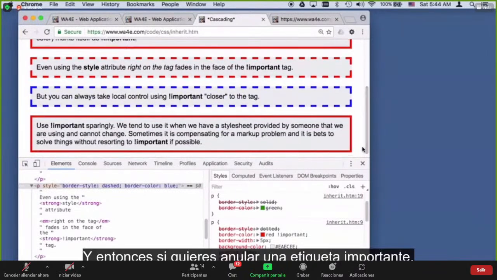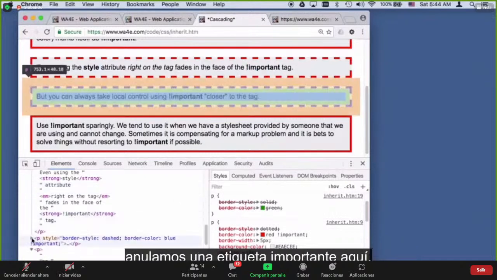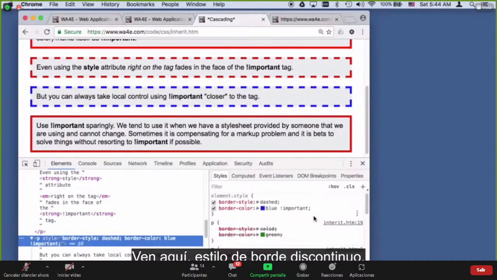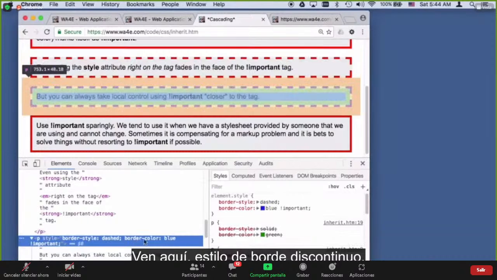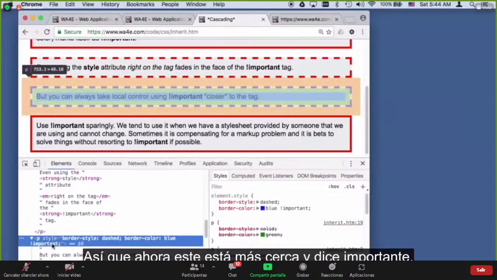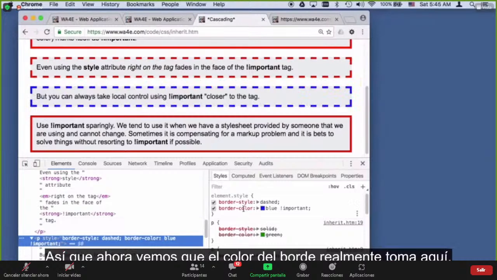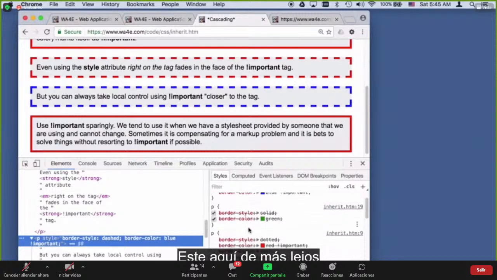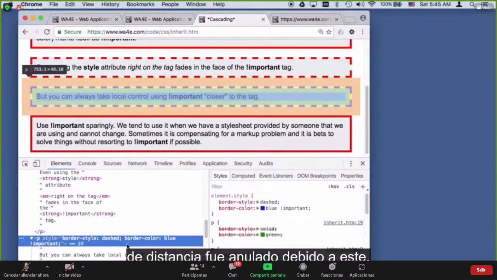And so if you want to override an important tag, yay, we override an important tag right here. We basically say I want a border style dashed. Come over here. Border style dashed, and I want the border color to be blue, and this is important. So now this one's closer, and it says important. So among all the important ones, the closest important one wins. So now we see that the border color actually takes here, and we are overriding the far away one. This one from farther away got overridden because of this one. And so you can do that. Now,